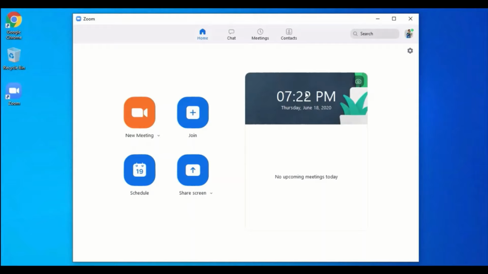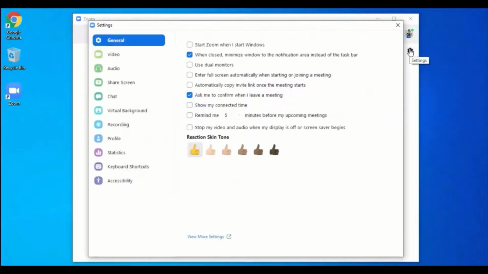The next feature is setting the virtual background. This is only possible on iPhones and in the desktop application, not in the Android application. If you have a laptop, you can download the Zoom app here. Through that you have this option in the settings. Let's click on the settings here. When I click on the settings, I can go to the virtual background option here. When I click that, it opens up and gives me a lot of options.